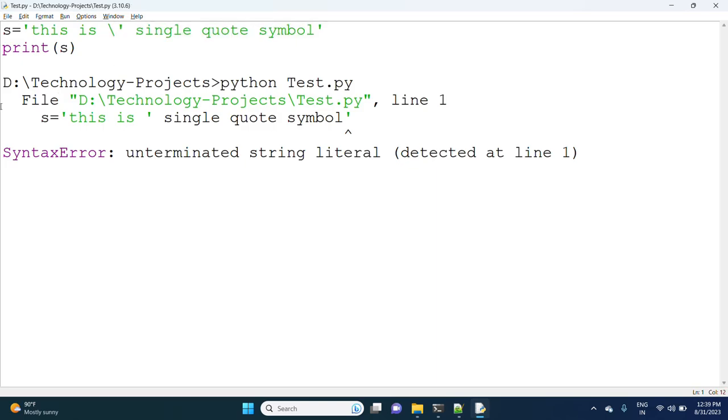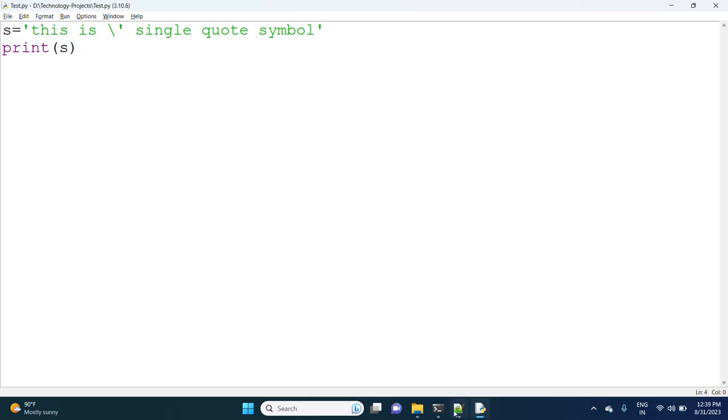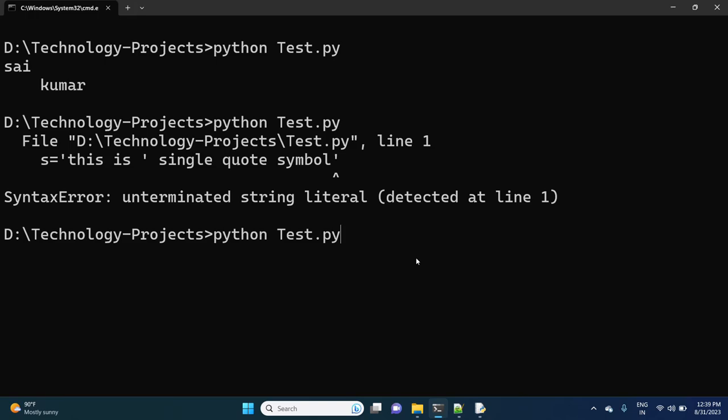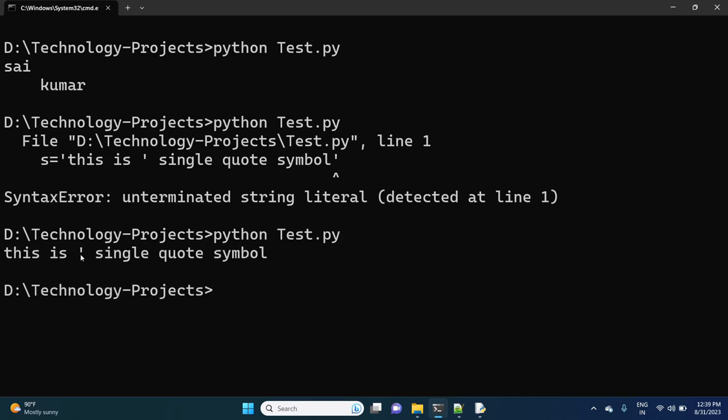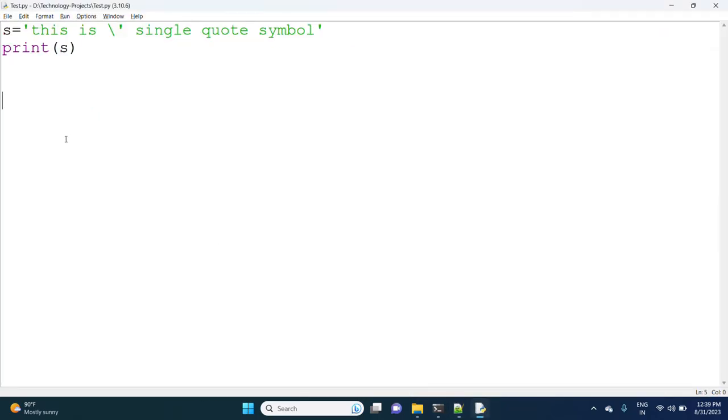Now observe here, in this case we can print a single quote also. Clear, right? So this way we can represent a single quote also.